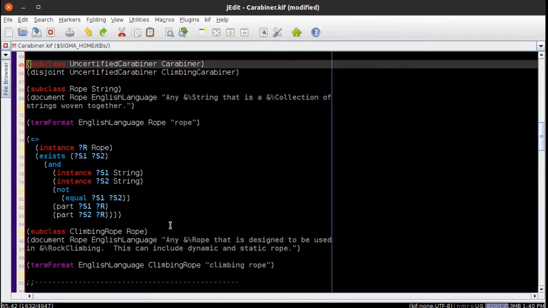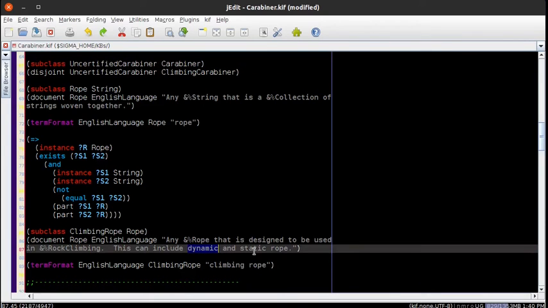And then we can go a little further. We can say that there's climbing rope. Climbing rope has a certification. We could go even deeper, saying that climbing rope could include dynamic and static rope. Dynamic rope is rope that stretches a bit. So if you fall, when you hit the end of that rope and it comes tight, you don't injure yourself by the harness tugging suddenly on your body. You've got a little bounce in it so that you can survive that fall without injury. And static rope is the opposite. It doesn't stretch very much, and it's designed for a different purpose. And you can have static rope that's climbing rope and it's rated for a certain purpose and so on. We could go a lot deeper here, but I'm not going to do that right now.